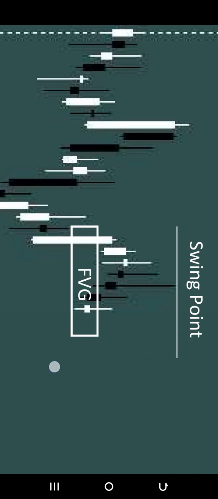So this is going to be your boundary. Don't trade beyond this boundary, because your take profit should be before the swing point. There is a tendency that when price gets to this swing point, it will revert and reject price. When it rejects price, you will begin to lose your money and run into losses.